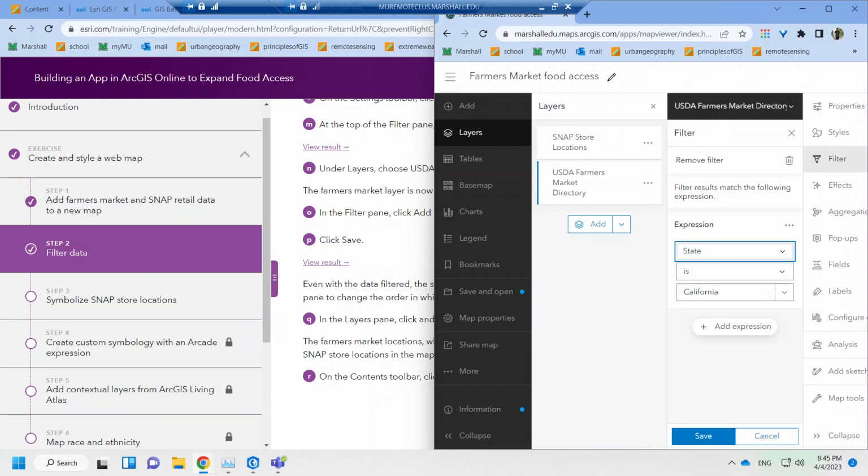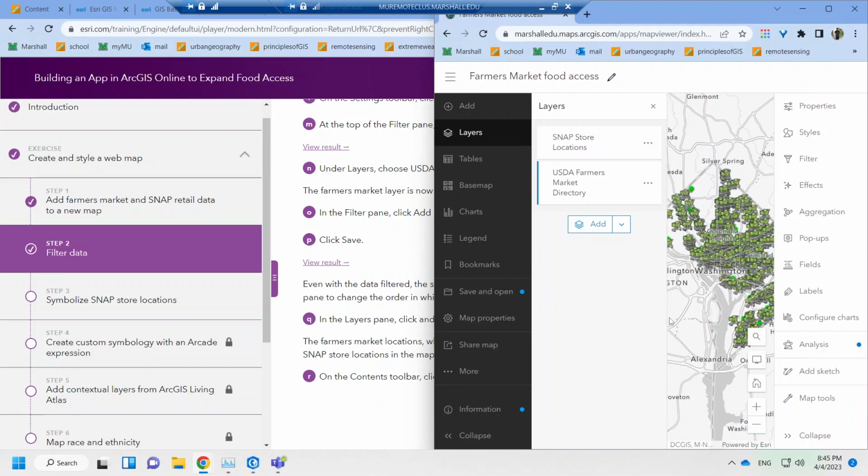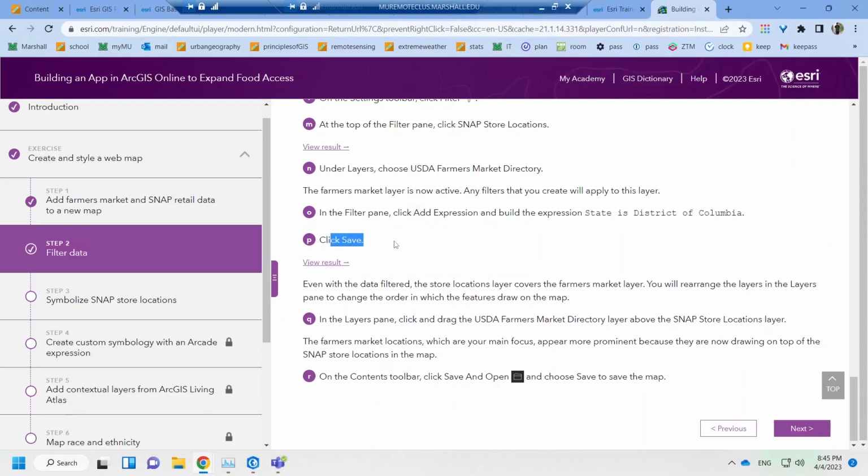State replace is, let's scroll down, A to Z, District of Columbia, save. Okay, so now